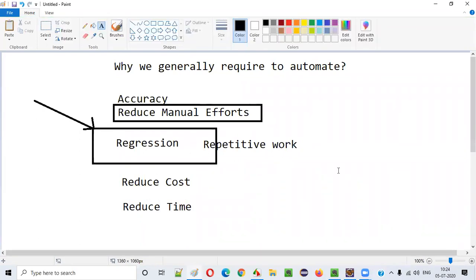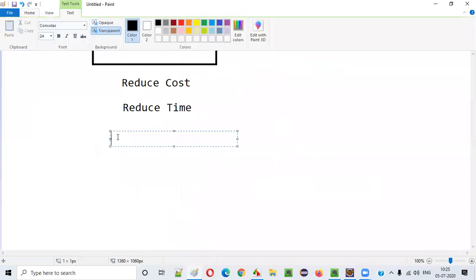Let me give a different perspective of how things happen in real time and where exactly automation will benefit us. Someone is saying complexity.